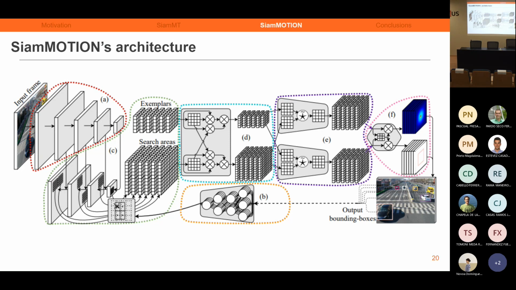It depends also on the network. The SiamMOTION one takes between 4 and 5 days to train. The SiamMT one took like 2 days.